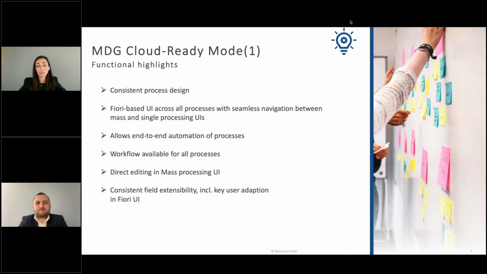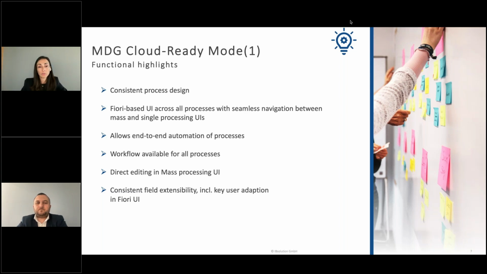What that means in practice is that SAP since 2022, with the development of ABAP Cloud, has tried to create an experience for the user which is seamless, which has no difference between all the processes, whether a single process, consolidation, or mass processing. It is one and the same.